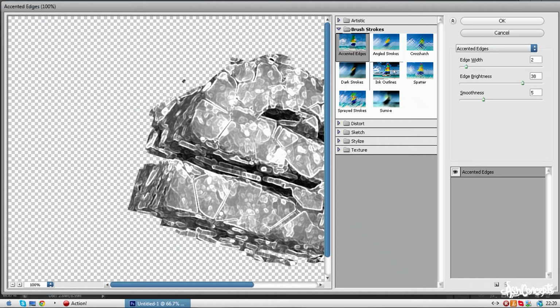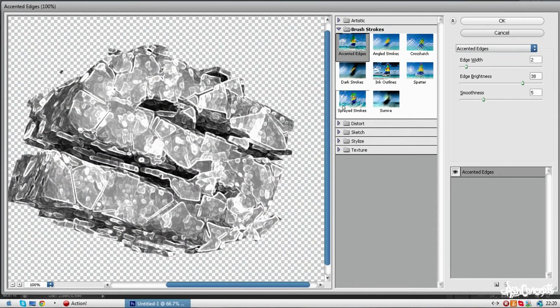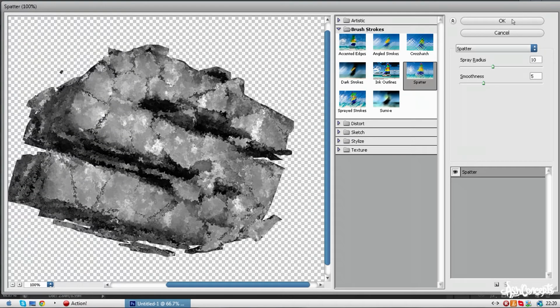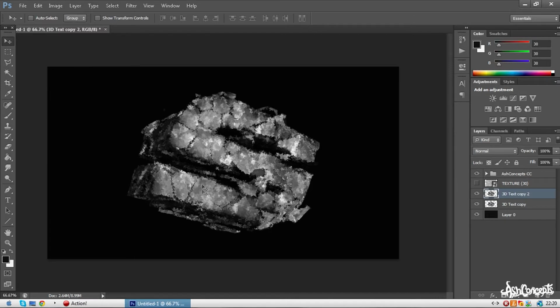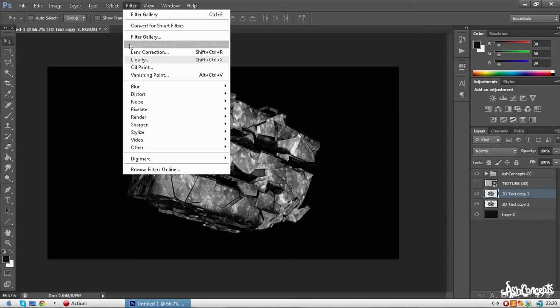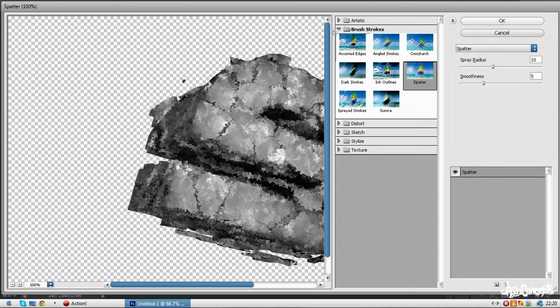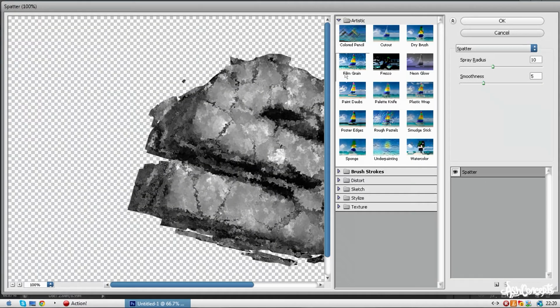and you can play around with what settings you use, but these are just the ones I use. Next I use is a spatter, and this looks great for just sort of giving a nice edge to the logo. So if you go into your eraser, select an appropriate size and just erase some parts out, and then just merge them together again, duplicate them, go to Filter, Filter Gallery, and this time go to Artistic